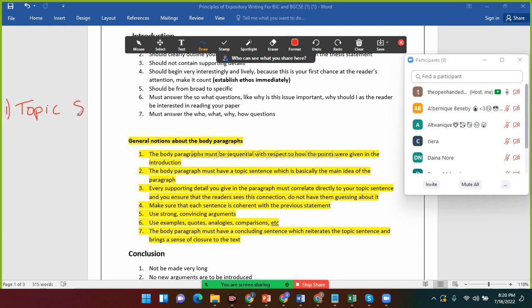That's the first thing you ask yourself. Do I have a topic sentence? Is my topic sentence clear? Is it convincing? The next thing you need is supporting details. And you ask yourself, are my supporting details connected to my topic sentence? Does it add life to my topic sentence? Does it support my topic sentence? Does it make my topic sentence stand out and support it